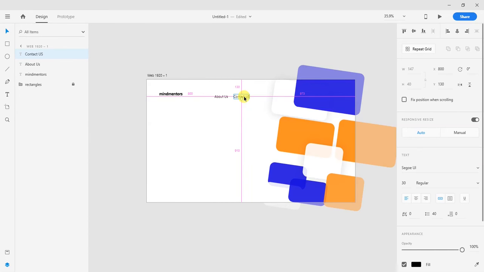Please note that I'm holding down the hotkey to duplicate. Alt, then I'll drag on the item to duplicate. About us, contact us, my account, because this is a web page or a website whereby you meet mentors. You have an account to meet mentors. So make these mentors,